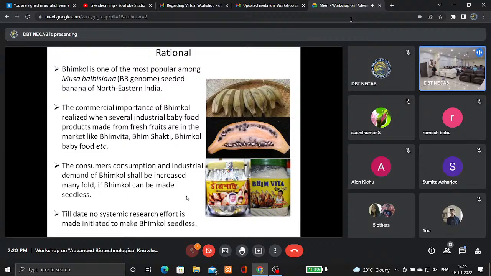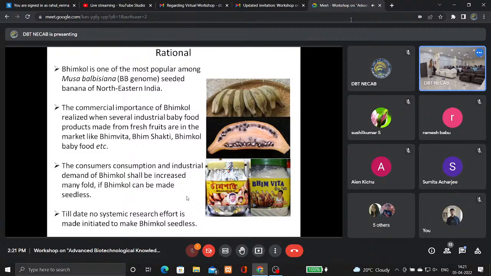That is why there is a long-standing demand to make this Bhimkol seedless. Can we make it seedless? Till date, no systematic research has been undertaken to make it seedless. So, taking this up as a challenge, I started studying the whole seed biology of Bhimkol and